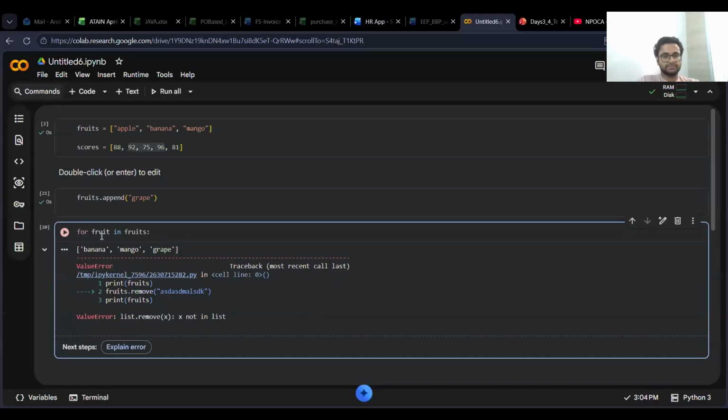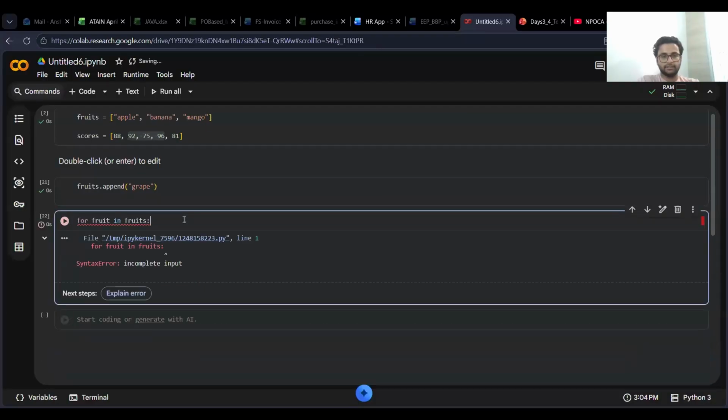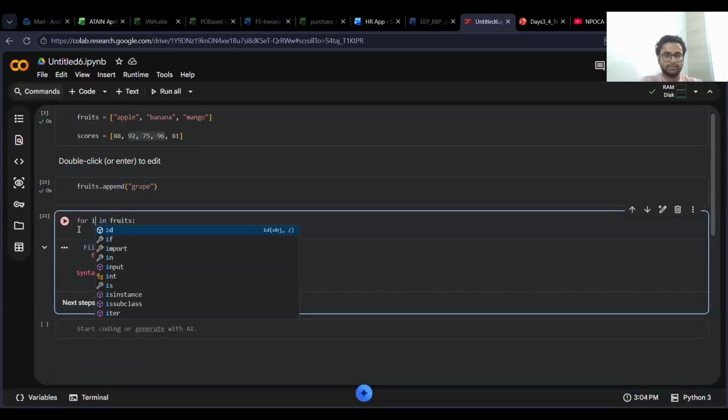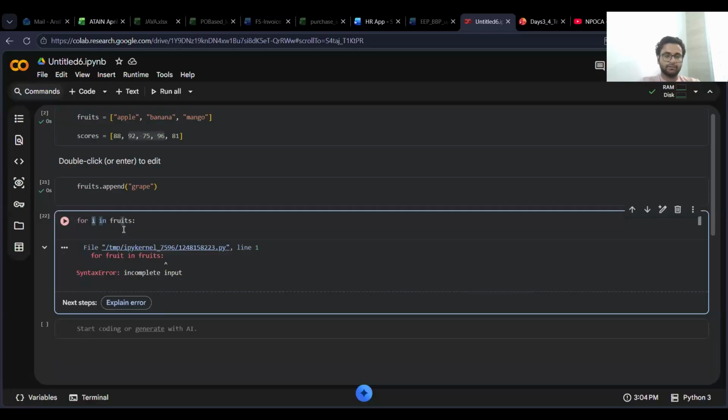So what this line means is basically, for fruit, there is the individual item in the list. So I can represent it as I as well. It does not matter. I just have to mention it because this will be the representation of that particular element in